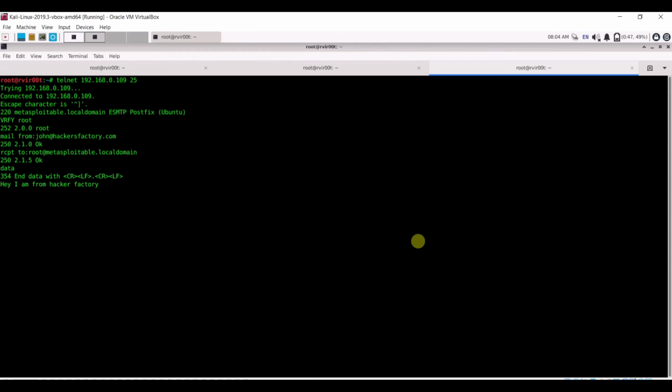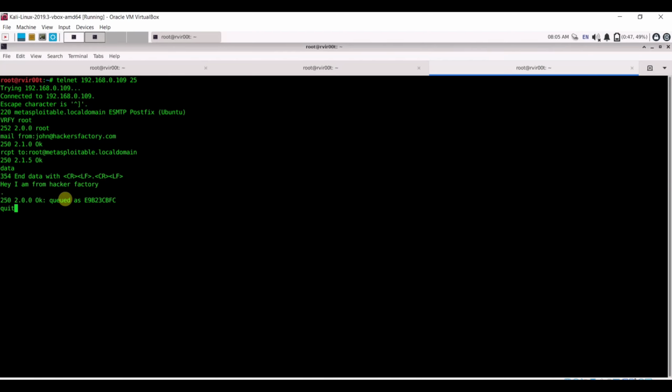So hit enter. Now this is not sent. For sending this you have to use a single dot and hit enter. Now you can send. This is the status code, okay, and the message is in queue. So when you receive any sent message, it means your mail is sent to the target email address. Or you can also know about the attack, that open relay is enabled, or an open relay attack is performed on the SMTP server if you receive any sent message.